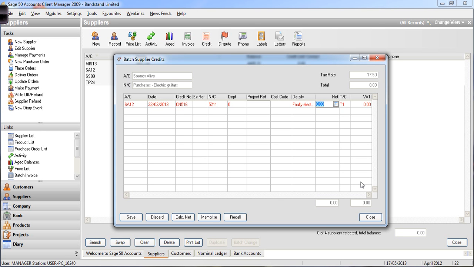So if I type in 761.40, okay, now there are two ways we can get Sage to calculate the net cost from the gross. I can, again, if we go down here to the bottom of the supplier credit screen, you'll see we have save, we have discard, and we have calc net. Now if I select calc net,